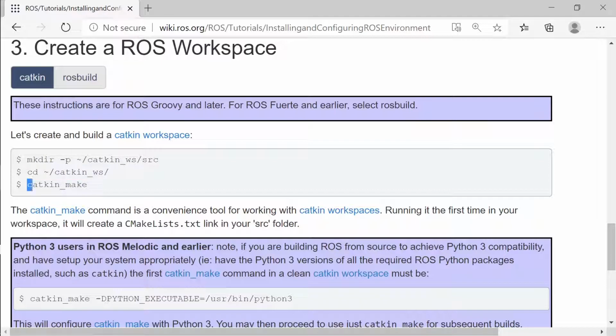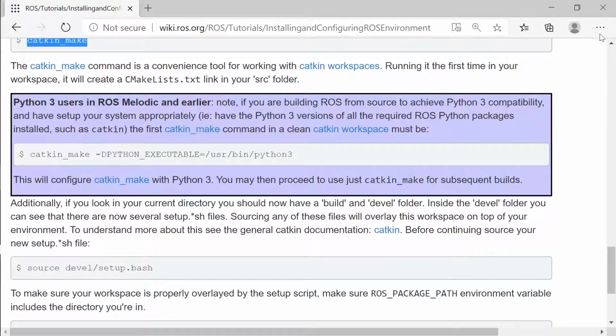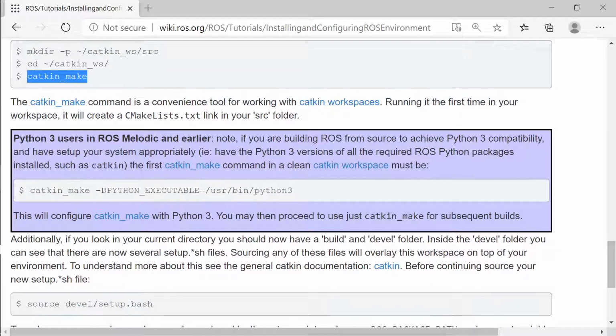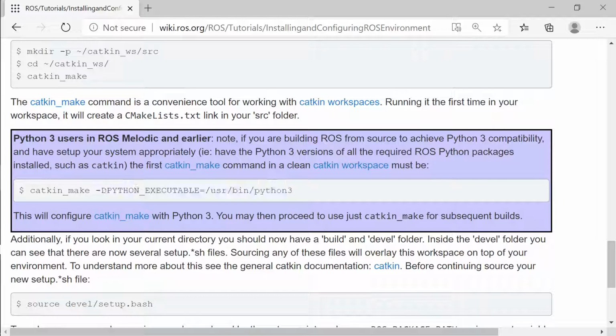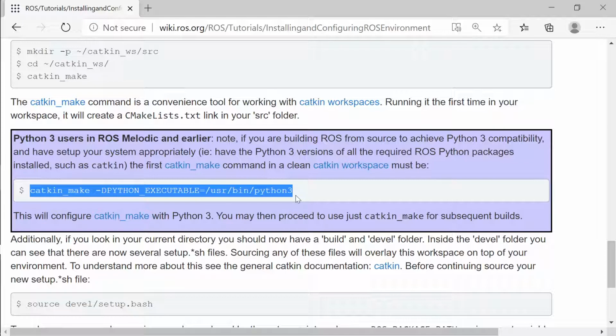Then I have to give this command, catkin_make. Now at this stage, if you have Python version 3, then you should run this catkin command. But since I have Python 2, I can go ahead and use just this command. If you have installed Python 3, then use the other command.